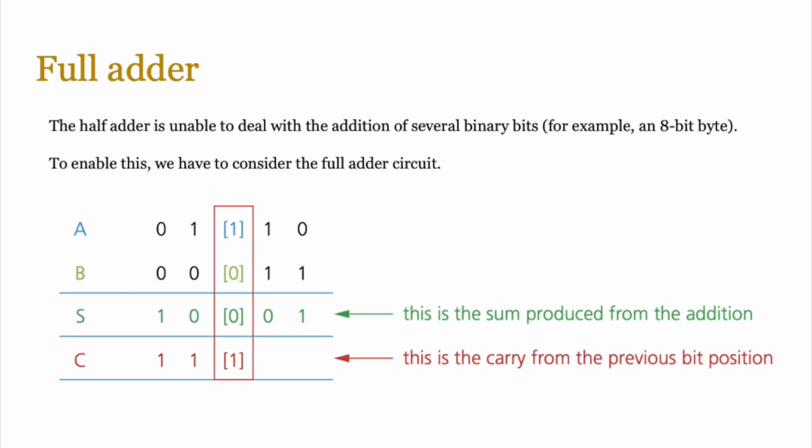Now let's move on to the full adder circuit. The half adder itself can do addition, but it's unable to deal with the addition of several binary bits. For example, perhaps you want to add an 8-bit byte or two 8-bit bytes together. Now to enable this, we have to consider the full adder circuit. So on screen you can see a truth table that deals with this and how it can cope with multiple bits together. So A and B are your inputs, sum and carry are what they are,